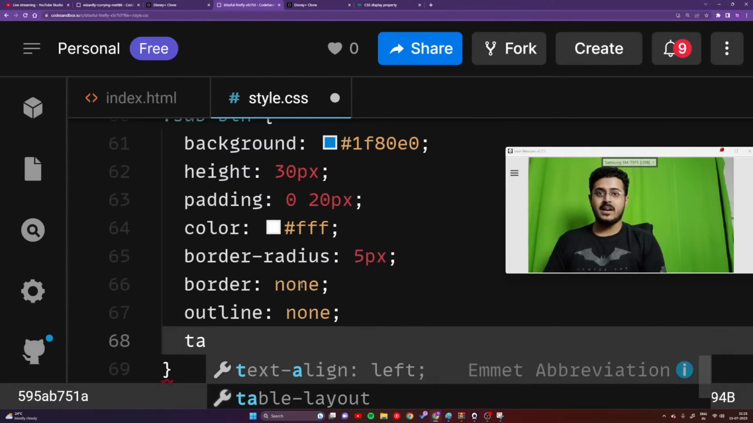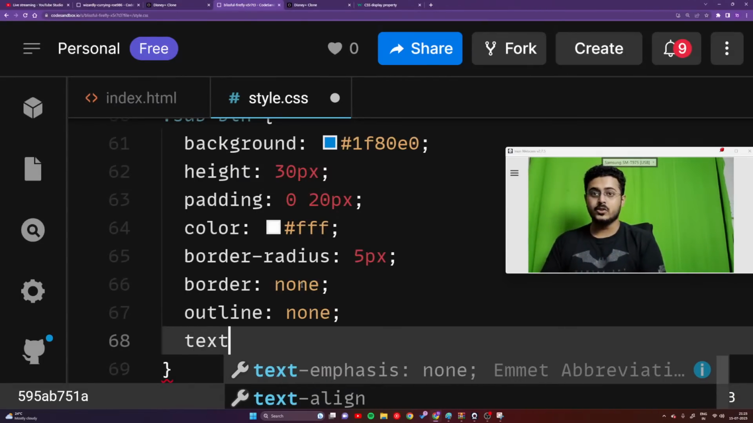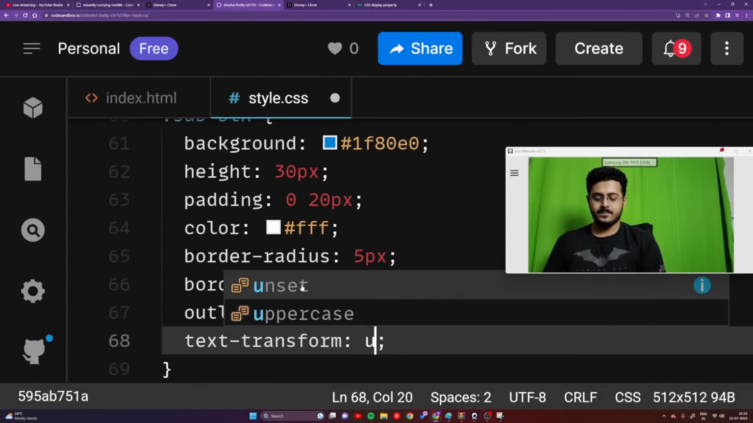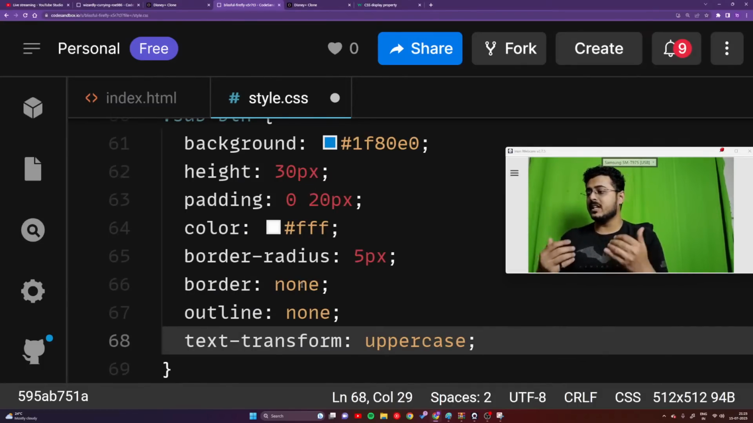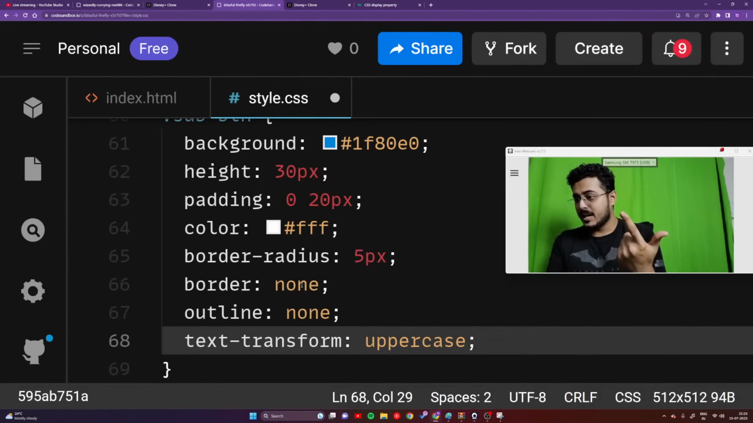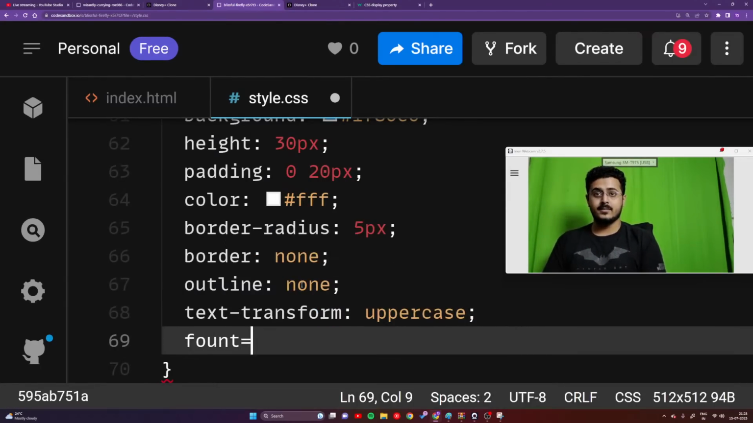Text transform, everything inside of the button should appear to be capital letters. So for that, we are going to use text transform and we're going to use uppercase. Okay. Text transform uppercase will convert all your text inside of that button to uppercase characters. As simple as that. Font weight, that is used to